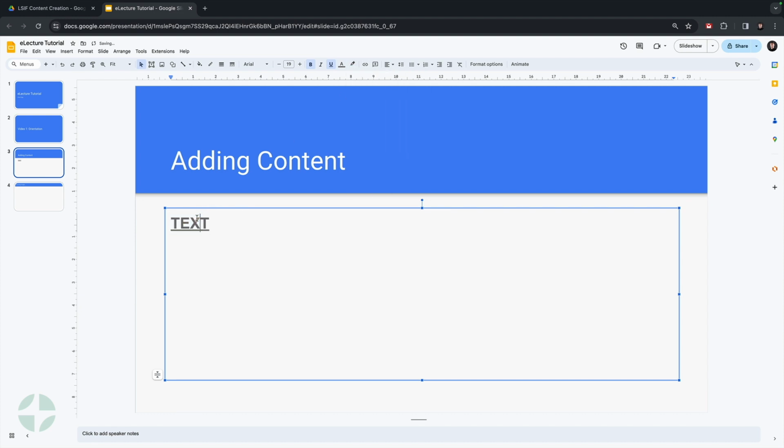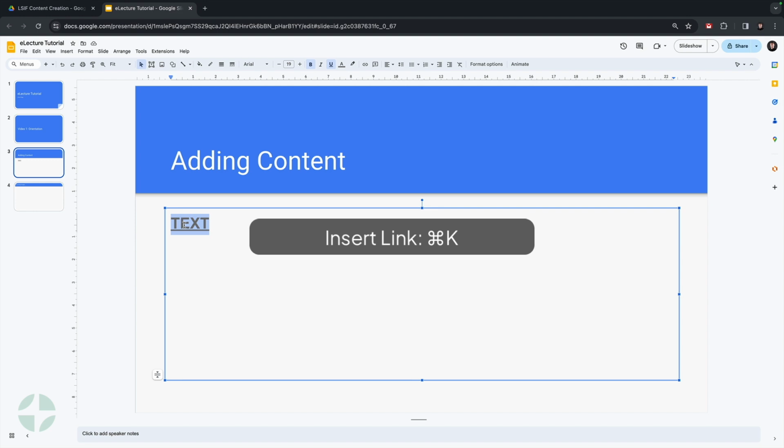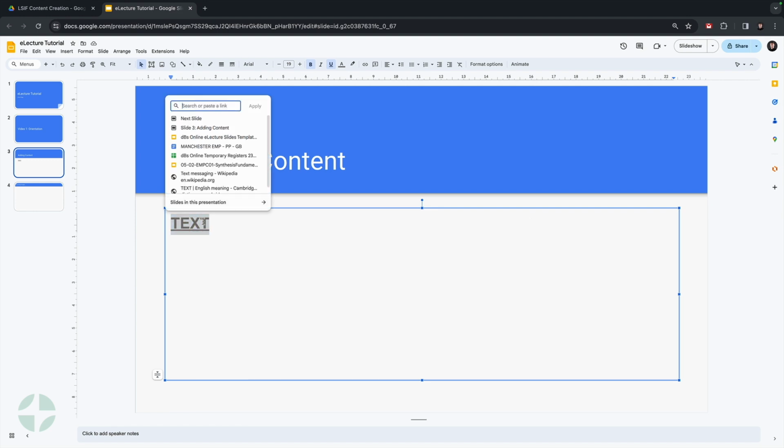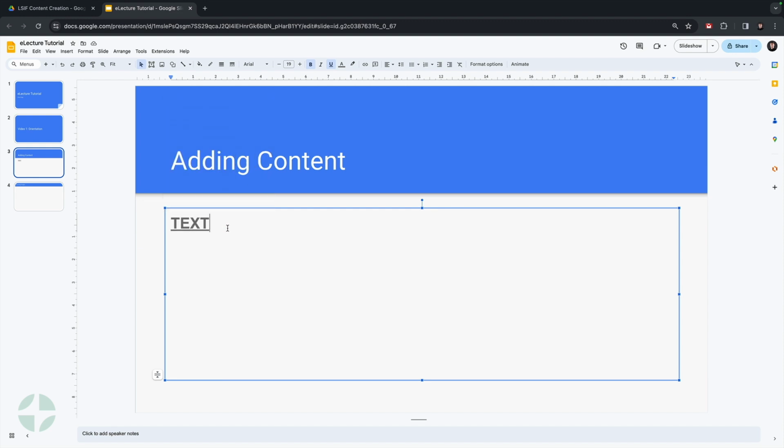I can also insert hyperlinks using this link here. A really good shortcut to remember in general is Command K in order to do that. And one great function about that from the perspective of slides is that you can actually link into the next slide or different slides within your slideshow. So if you want to add the functionality to be able to nip around between different slides, you can do that. And that link could be from text, or it could even be from an image, like a button, for example, if you wanted to have the ability for the user to navigate around the slideshow in a slightly different